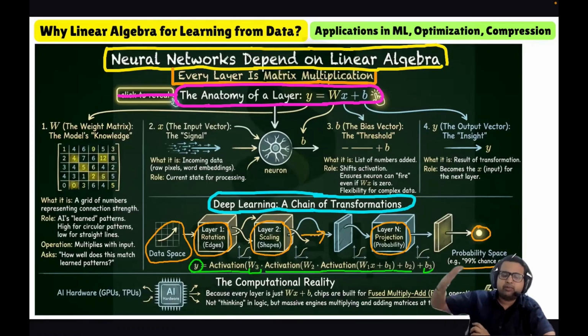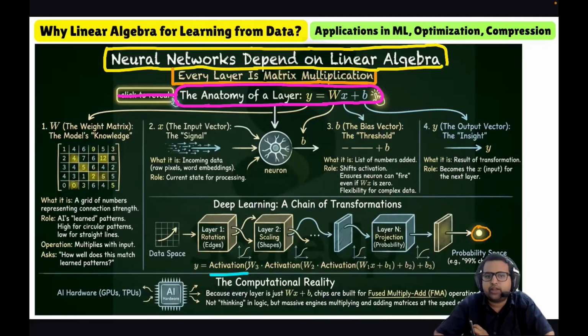So this is how deep learning works, layer by layer operation. And in every layer, we are using the same formula, y = Wx + b. Now let us look at the computational reality. In deep learning, because every layer is just a matrix operation, Wx + b, the entire field of AI